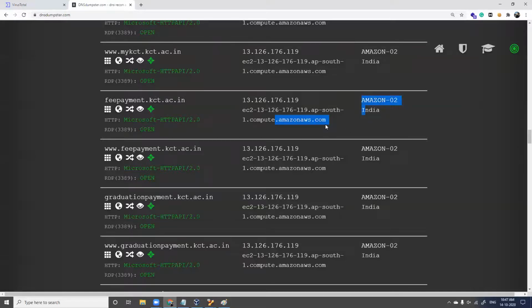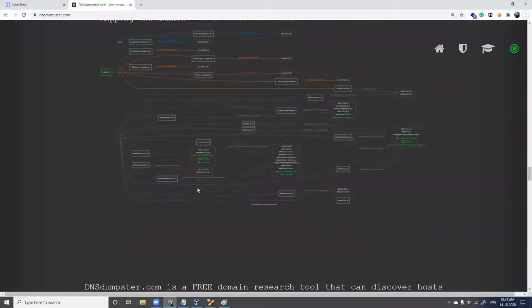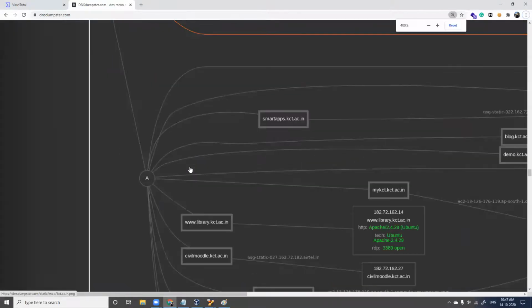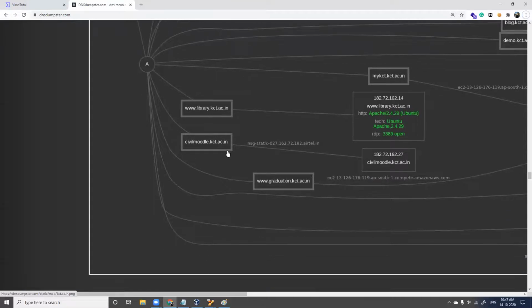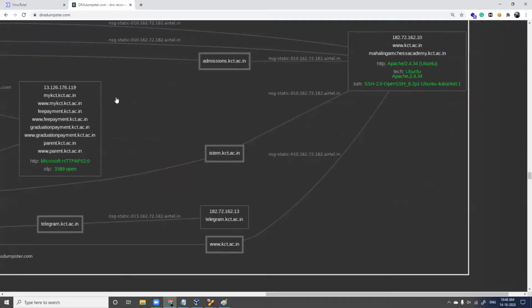So with this information, you can proceed further with a lot of other details. And DNS dumpster is also going to show you an excellent graph like this, which will be helpful when you scroll down. When you see this, you will have a perfect idea of what your target is, how websites and servers are linked. So DNS dumpster and virustotal.com can prove to be valuable sources of information for you.